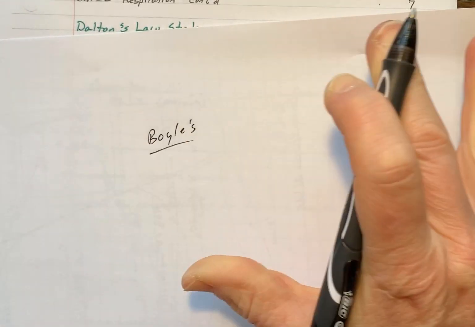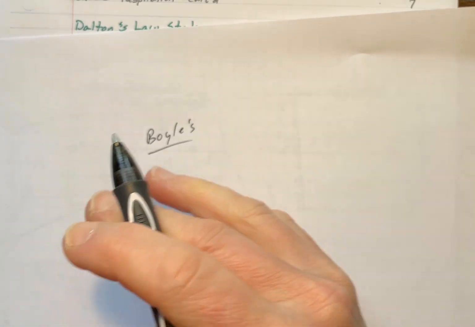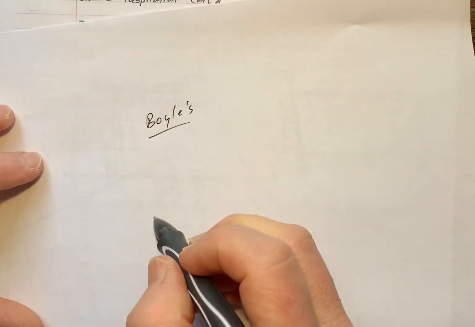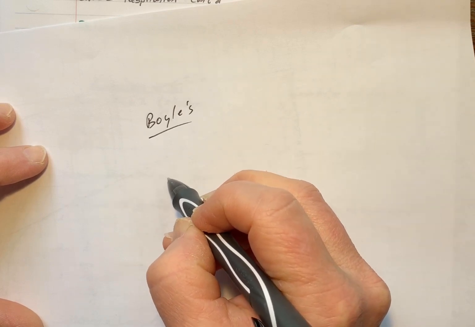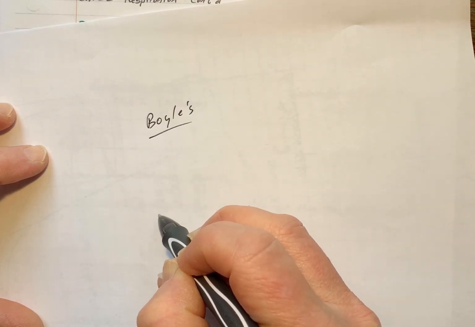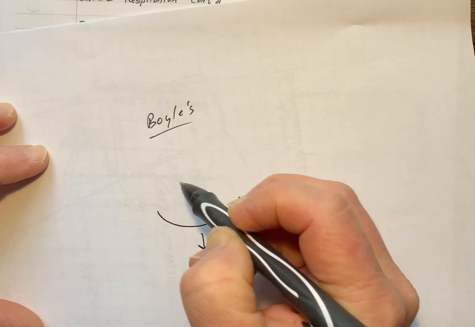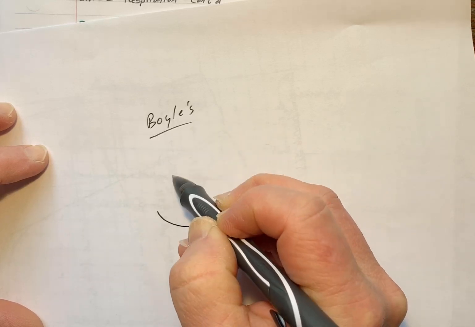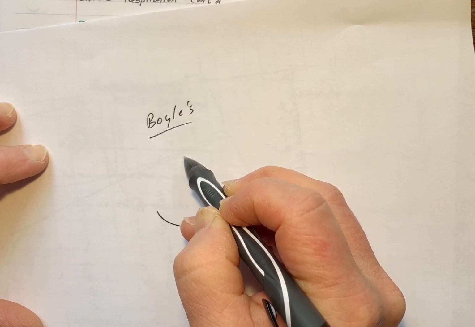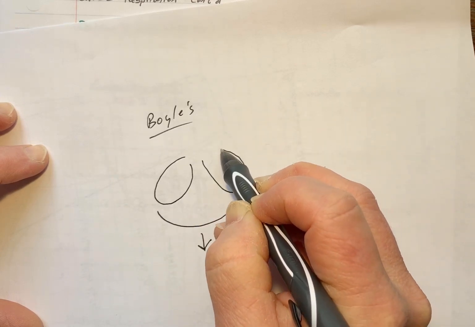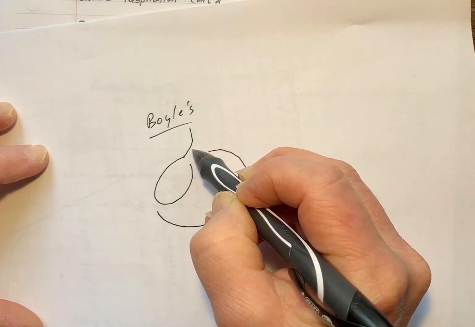So this is just scratch paper, just a review, and then I'll get to more formal writing with this. But with Boyle's law, if you had a set of lungs, well, actually, let's take a diaphragm. That's a diaphragm, and it's contracted. And when it contracts, it gives more area for the lungs to expand. Okay, they get larger. And not only do the lungs get larger,